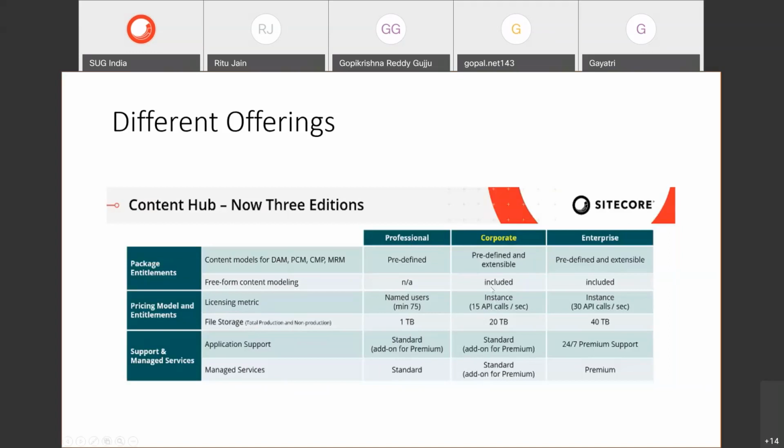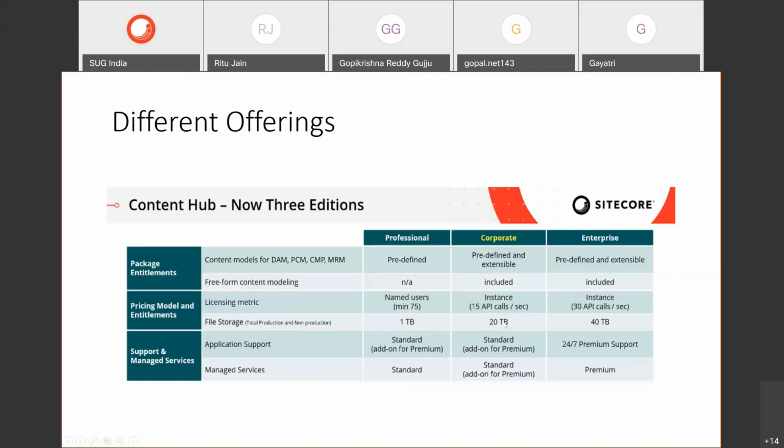And here observe the main thing, license, it's based on the calls, 15 API calls per second. Whenever you're talking about API calls, remember these are not only API calls which we are hitting the Content Hub server from external systems. It also includes internally whatever users are actively performing through the Content Hub portal, some actions, that also will count as API calls. So 15 API calls, because if we are implementing some integration or migration, we get into issues with the API calls limit threshold.